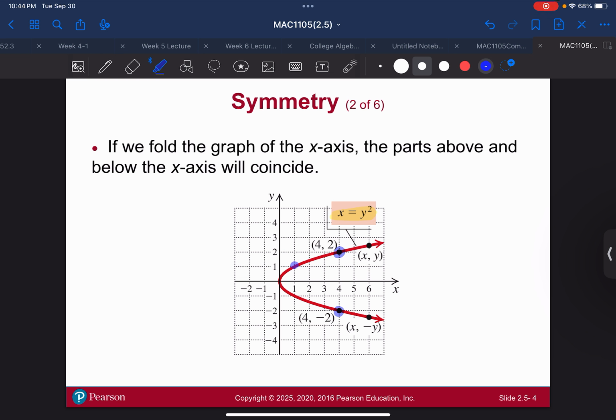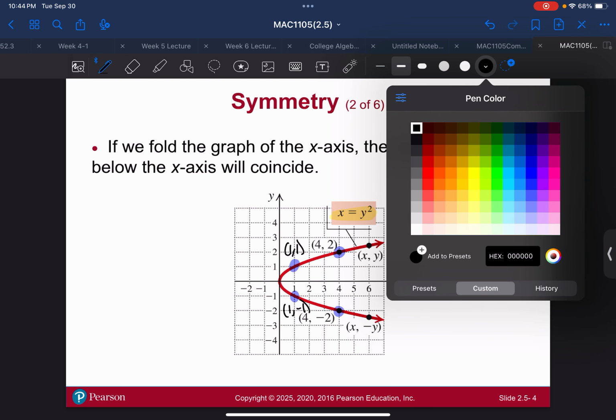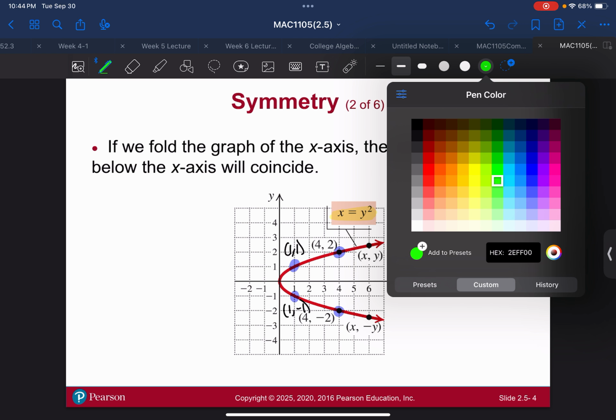So if I pick this point, it is (1, 1), and this point is (1, -1). So the x values are the same, obviously, because they're lining up, but the y values are just opposite signs of each other. Then this is going to be symmetric with respect to the x-axis,